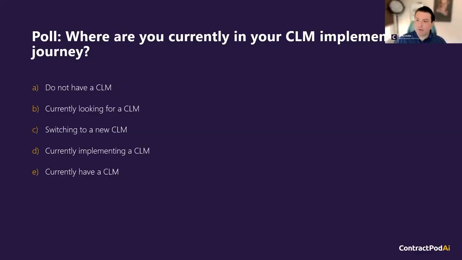Great. So I think we can see the results now. All of you hopefully can see the results. 12% said that they don't have a CLM. Thank you. We actually had 75% of the people vote, so I really appreciate that. This is almost a realistic poll. About 42% are currently looking, and then 15% respectively are switching, implementing, or have one. So I think that's a good thing to note, is that a lot of you are in the position where you're learning still, and I think that's a good place to be.